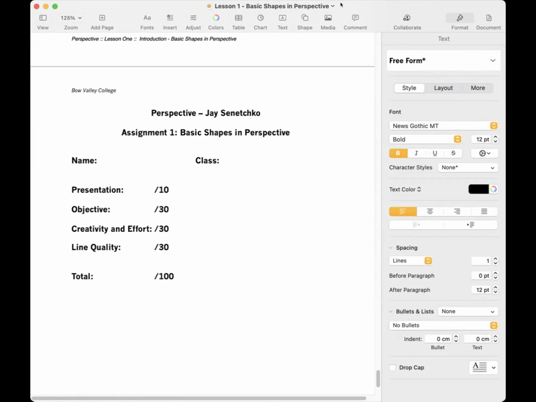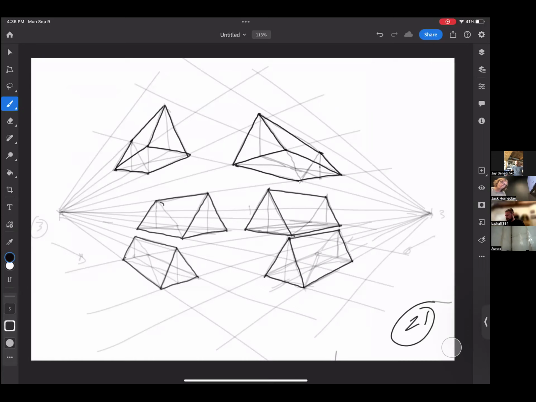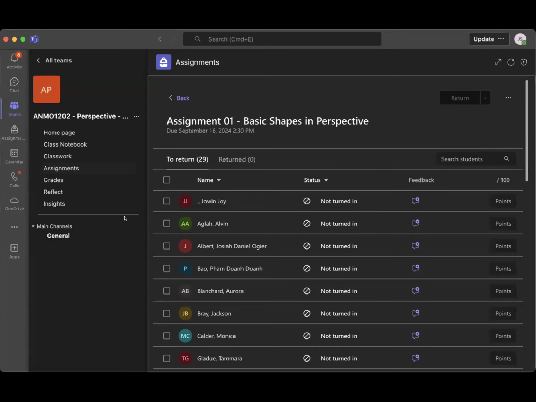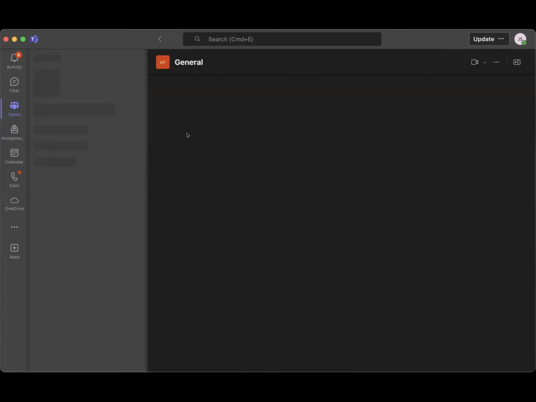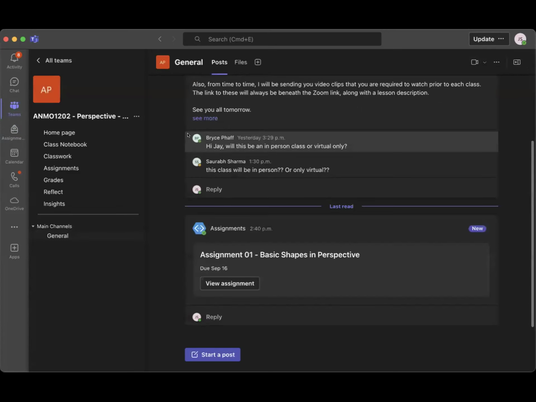Okay, I'm going to stop that share because it's no longer useful. Where do you find your resources? I'm starting another share. Please go to new share. It should be your Teams platform. This is your first assignment. So if we go to you guys, this is you guys here. You've already figured out the post thing. You will have your posts right here every week. I will send you a new invitation every week with sometimes video clips, sometimes not.